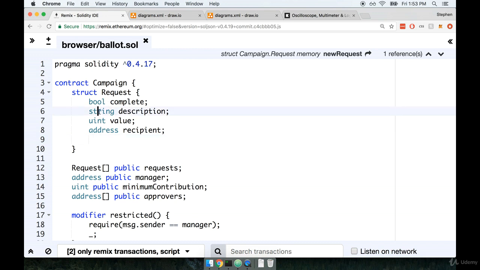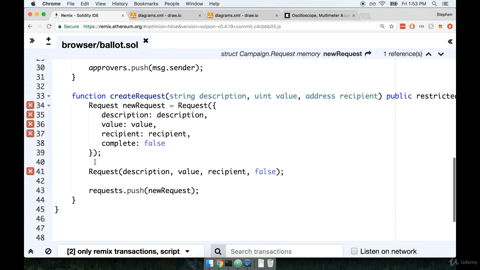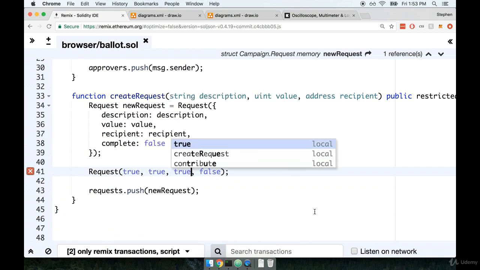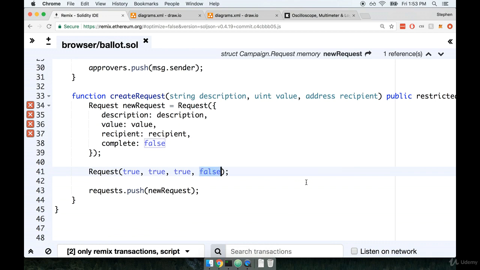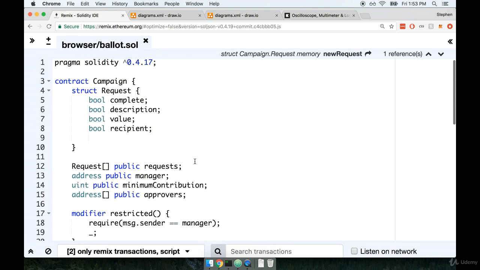Now in this case, it wasn't that bad because you and I clearly saw that we got some error messages. However, imagine for a second that the entire struct had all the same types. Like maybe these were all of type bool. And then maybe when I create my new request right here, I had a very specific order. I wanted to say specifically true, true, true, and then false. Well, if I now flip the order of these, let's do it right now, just to give you a very clear example. If I move complete down to the bottom, like so,